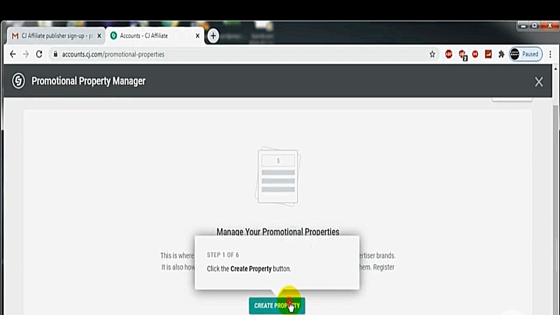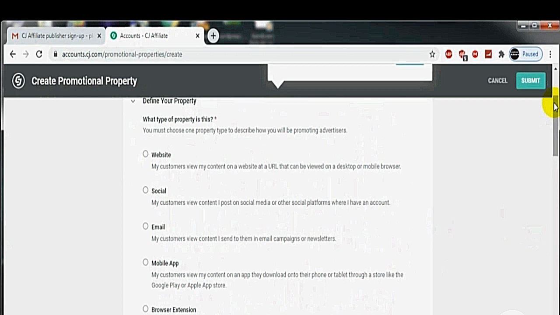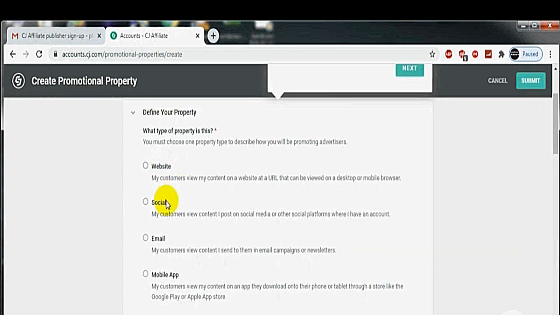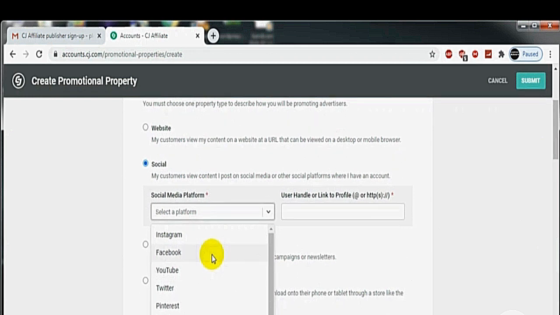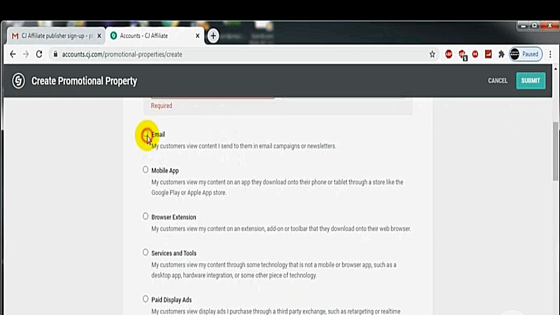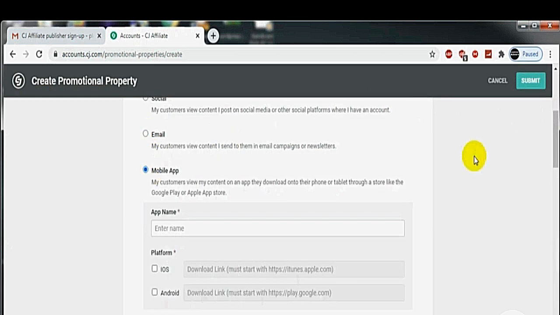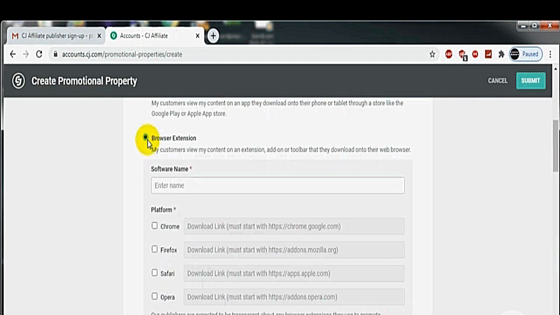Just click this create property button, and here you will have to define your property. Is it a website or a social platform like Facebook, Instagram or YouTube, or is it an email, a mobile app, or a browser extension?